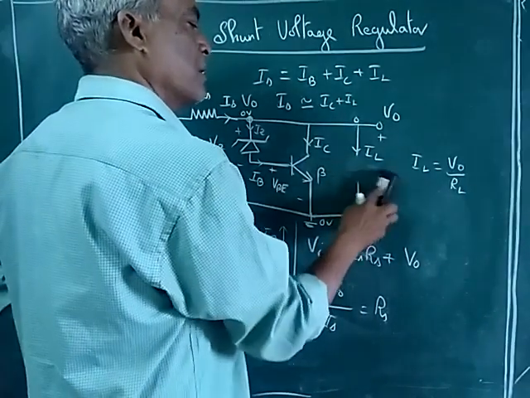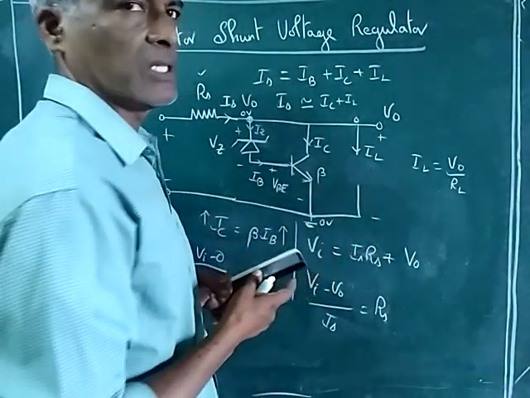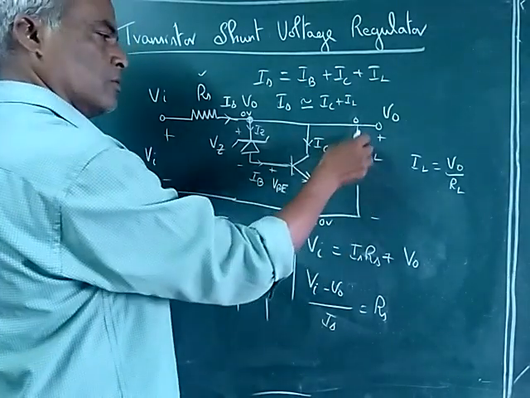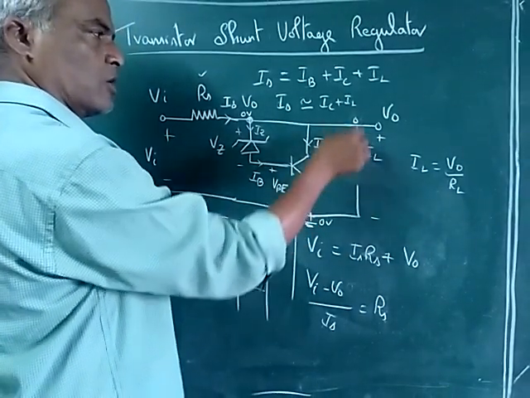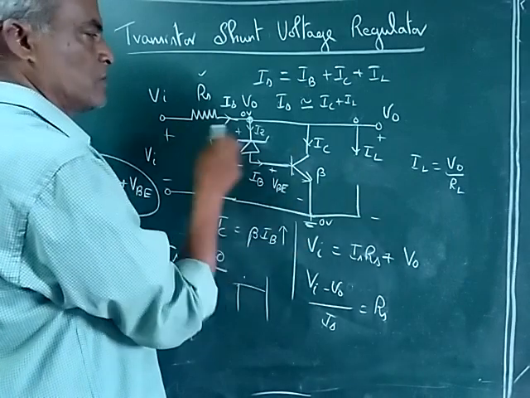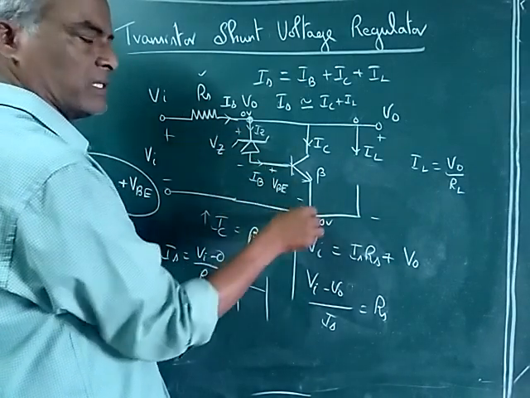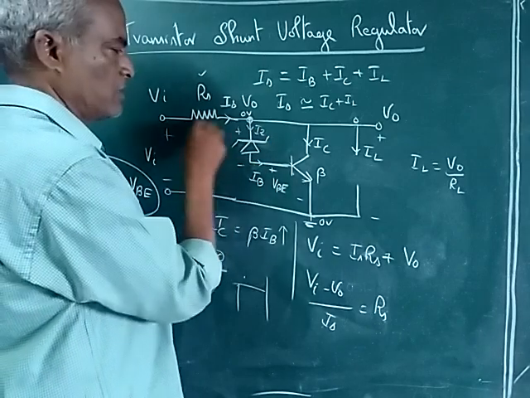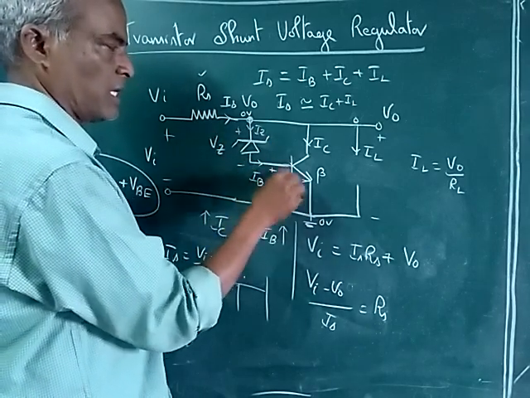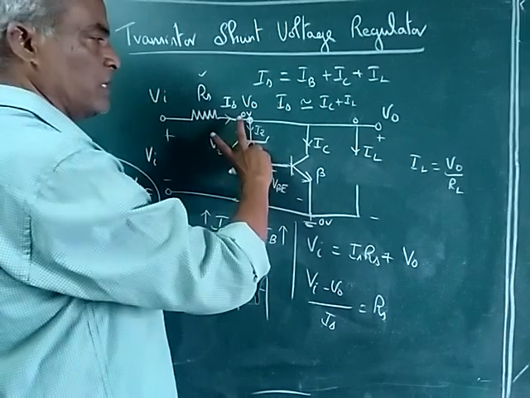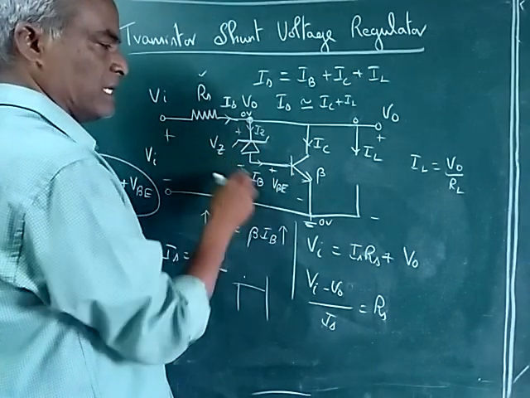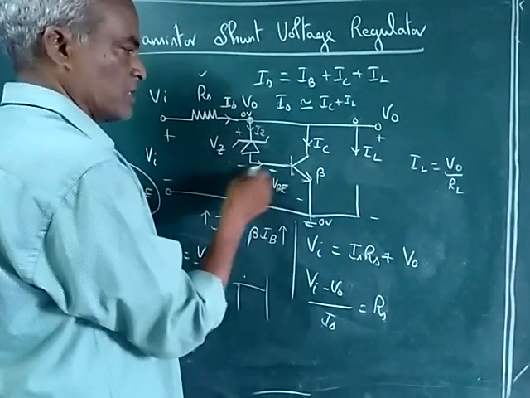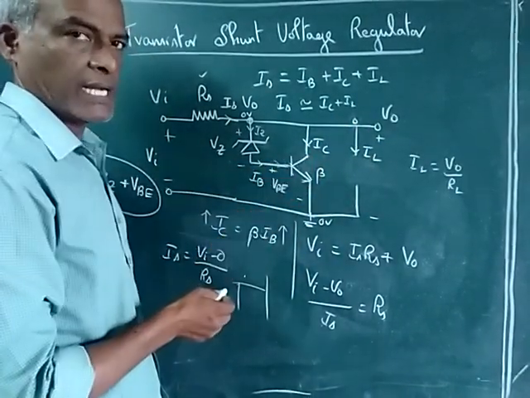Same thing, this can be open circuited. If this is open circuited, no current flows through this. So the Zener will operate in the same mode. The Zener goes into conduction, because this circuit is closed, and the voltage here will be VZ plus this voltage VBE. Because of this, the transistor goes into conduction.